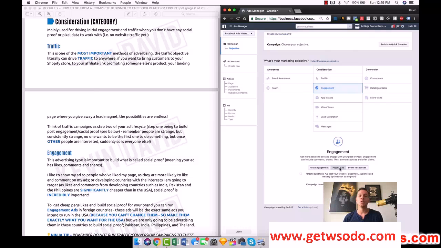And similarly, guys, you have to tell people what to do. So if you're going to run a page like advertisement, right there in your ad copy, where you actually write out the text, you want to say, hey, go out and like my page. And again, we're going to run through and actually create campaigns in most of these different marketing objectives and show you all of the settings that I personally use.